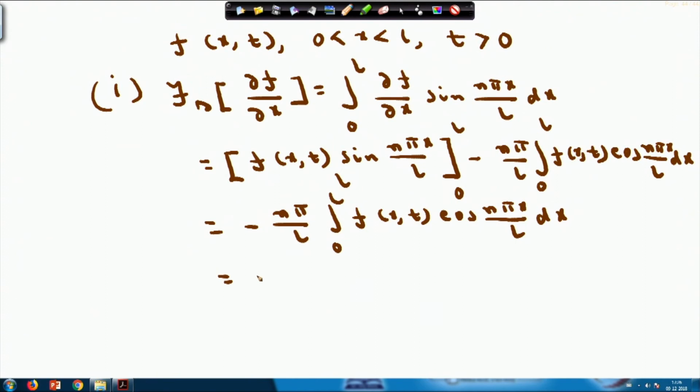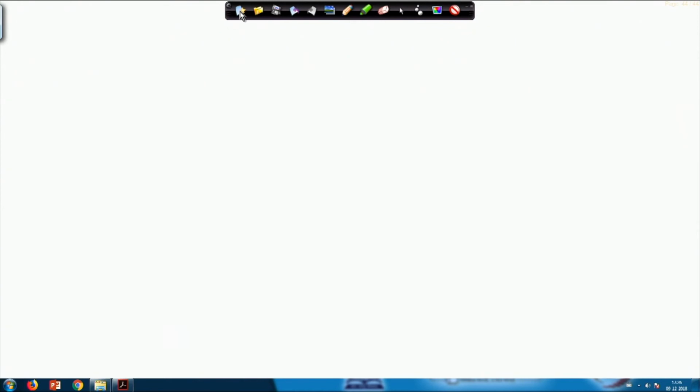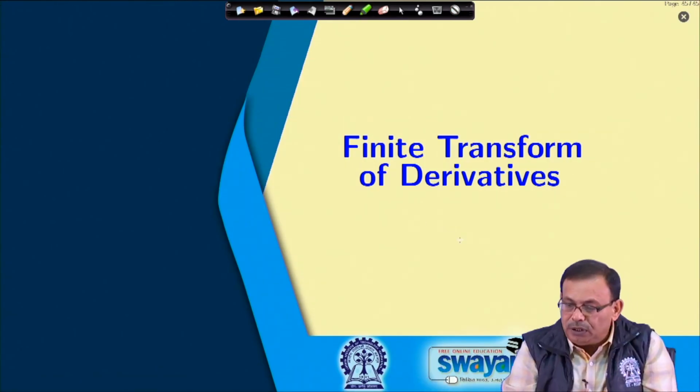So this equals minus nπ/L times the finite Fourier cosine transform of f(x,t), which is minus nπ/L times capital F_c(n). Therefore, the Fourier sine transform of ∂f/∂x is nothing but minus nπ/L times the Fourier cosine transform of f(x,t). So,